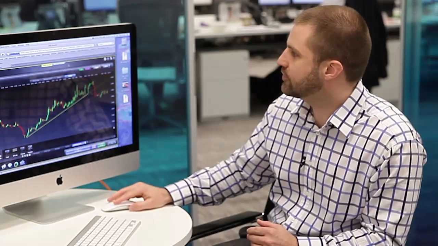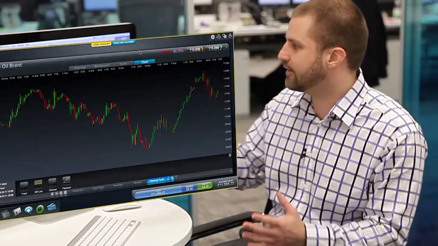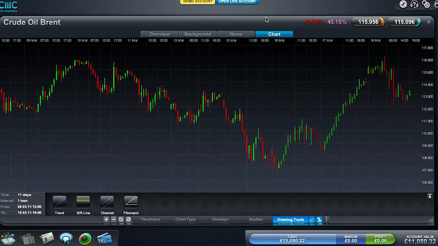So if we have a look at a chart, here we have crude oil. Now, crude oil, if you're looking at this chart, you can see a couple of different trends coming into the marketplace. But what we can see from this period up here down to here is a general downtrend in the marketplace. So if I click on the trend line here, click on the high,